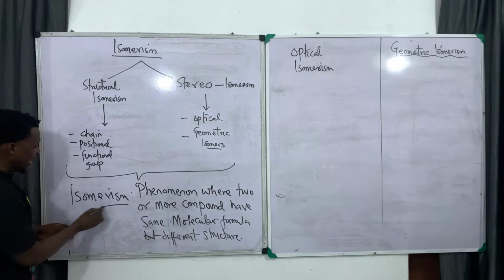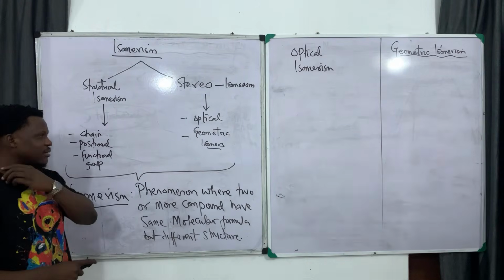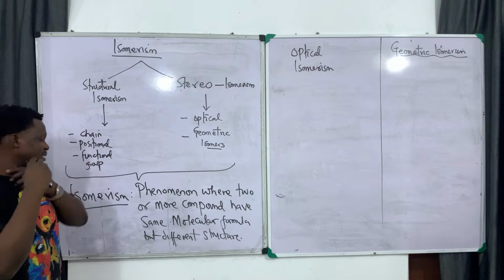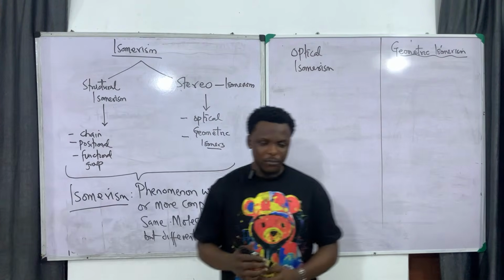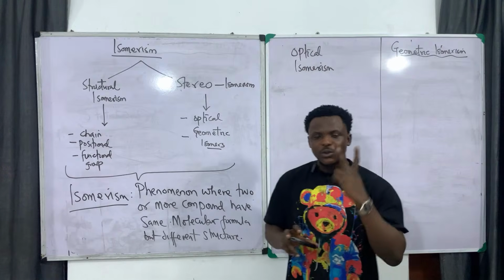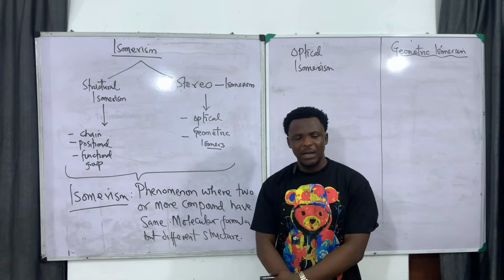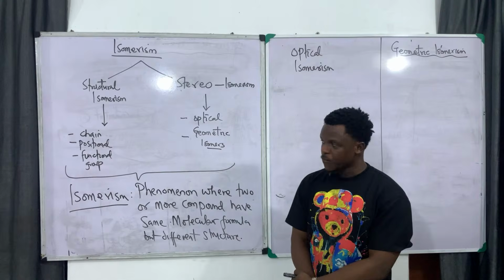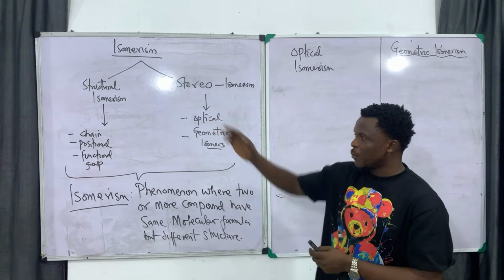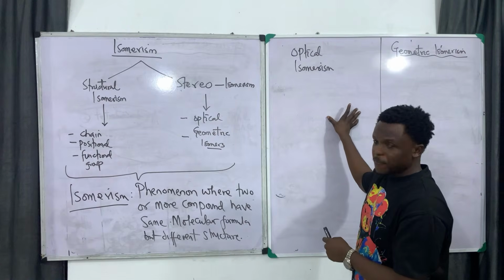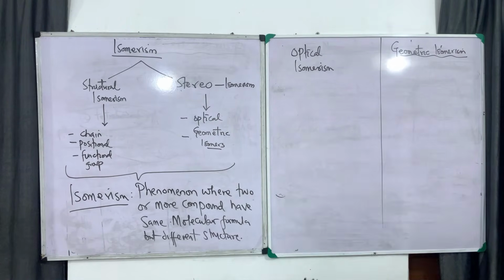Now, what is isomerism? Because I said we want to do isomerism. Isomerism is a phenomenon, right? A case where two compounds with the same molecular formula have different structure. Okay? One part of me is telling me I should start with this, but I'll leave this part here. All right? So let me quickly